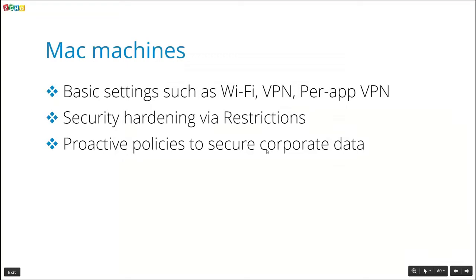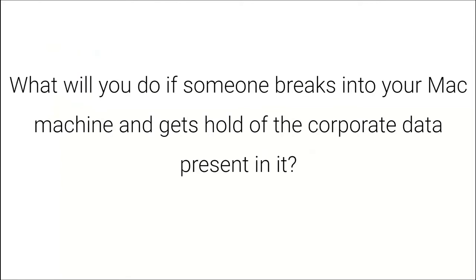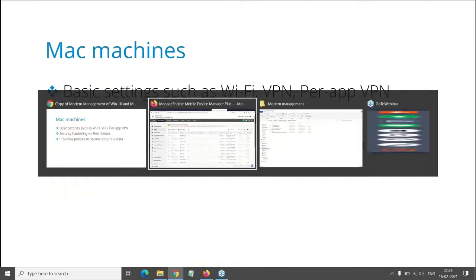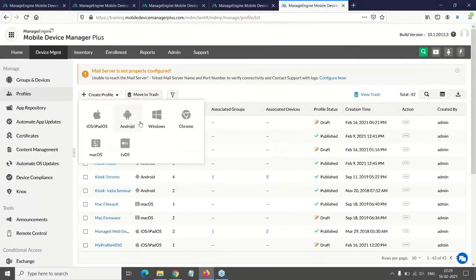Moving on to the Mac machines, options are available for Mac as well. That is, we do have options to deploy Wi-Fi, VPN and Per-App VPN configurations along with the security restrictions. So here, let me create a Mac profile.